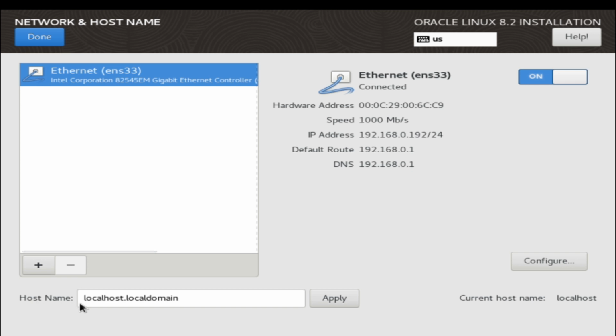You can assign your host name, set your server name. Enter your host name here as per your client requirement and client policies. For example, as per our lab session, the subdomain will always be your server name under your domain name. So let's enter lab1.uniragglobal.com and click on apply. The current hostname got changed. Click on done.